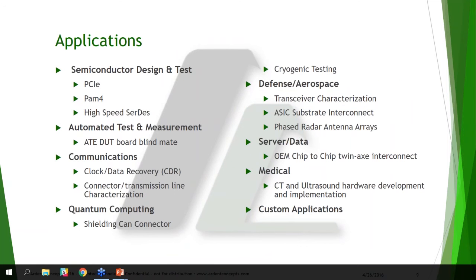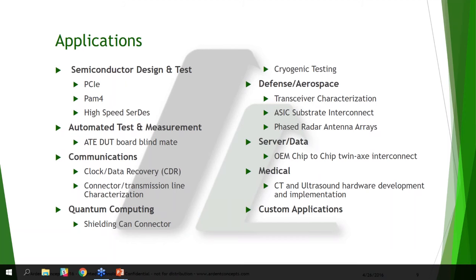So some of the applications we're talking about is semiconductor design and test. That's obviously our flagship application, where this was developed for customers with multiple high-speed SerDes lanes. Automated test and measurement is coming on really strong as our second biggest category. We make some blind mate connectors that can attach to your DUT board and allow users to make 28 gigabit interfaces, for example. Communications, Nat had mentioned quantum computing, where magnetism is a big no-no and they've got to test